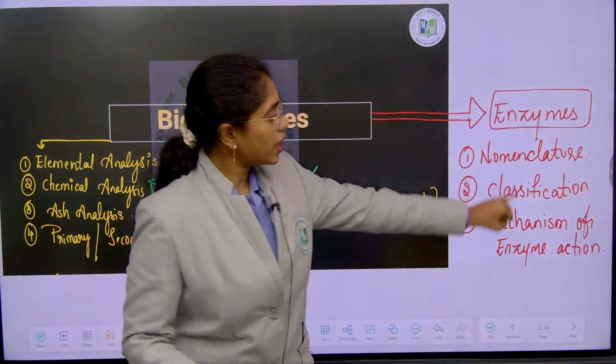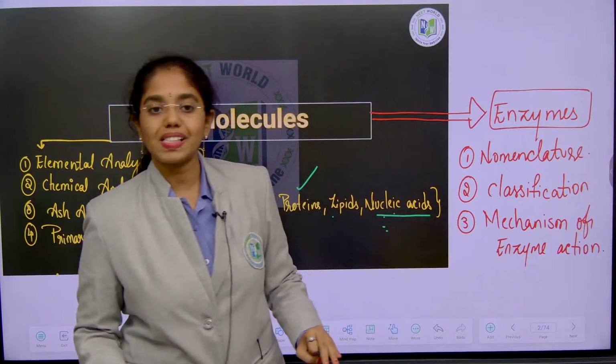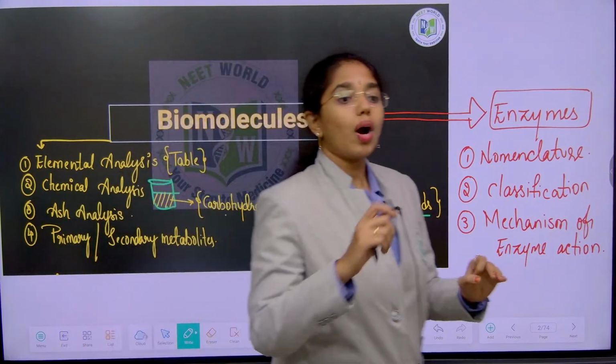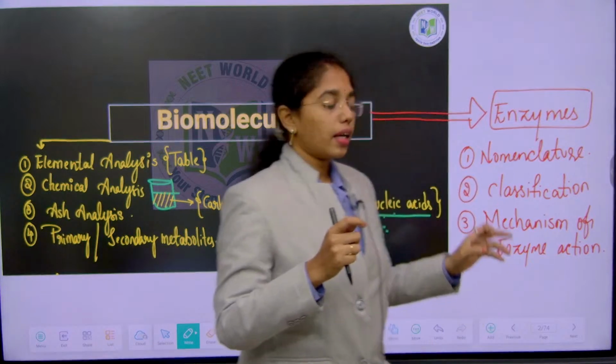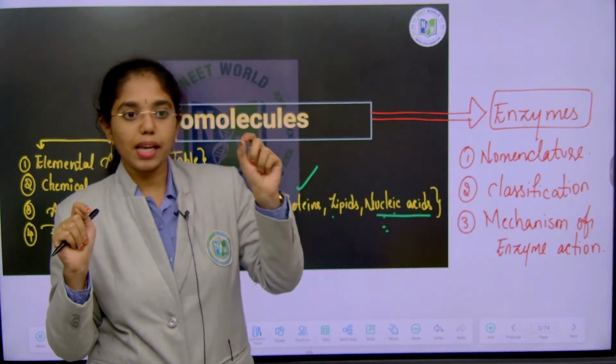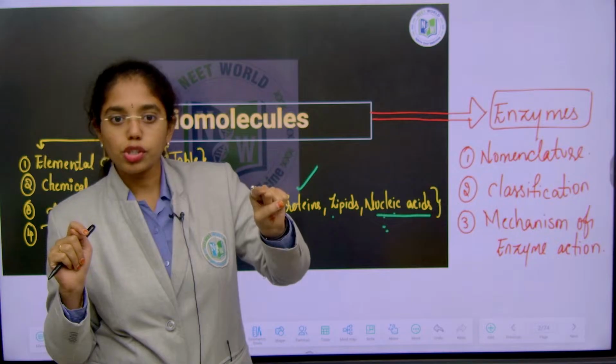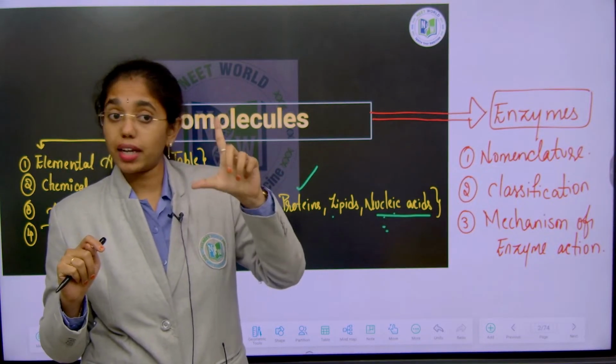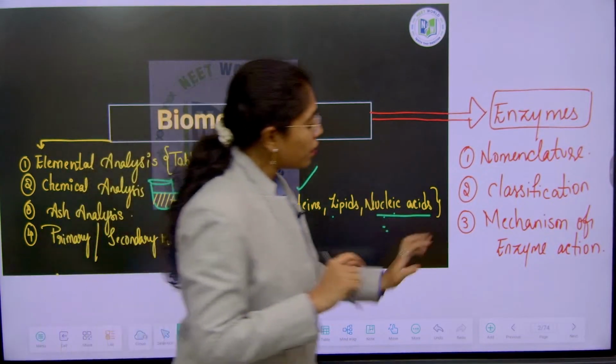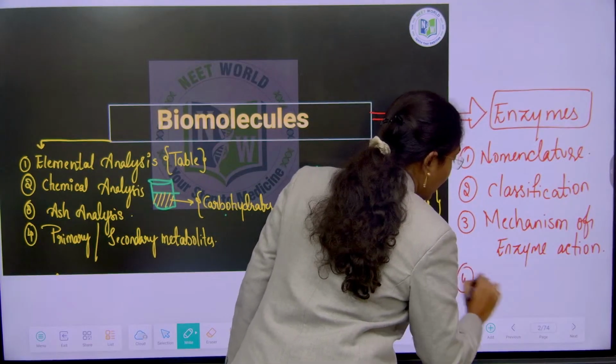After nomenclature, classification, mechanism of enzyme action, you have to know what is transition energy and that chart which is given with enzyme substrate complex in the presence of enzyme and in the absence of enzyme. That graph is very important. After which at last you will be learning on inhibitors,